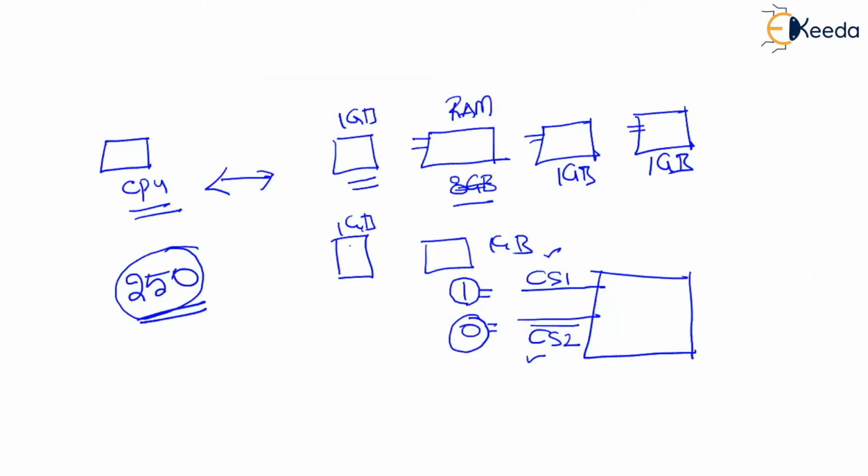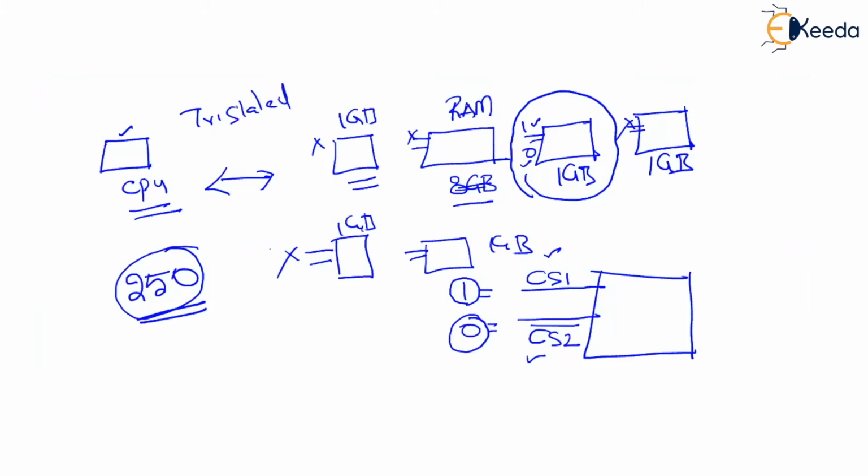For an example, in this case, the CPU decides to choose this one. So it will be 1, it will be 0. At the same time, the CPU ensures that the remaining RAM chips' CS1 and CS2 are not selected, which means that the data which is required to be transferred to the RAM chip will get transferred to only one RAM chip, in which CS1 is equal to 1, CS2 is equal to 0, which is selected by the CPU. At the same time, the CPU should also ensure that the remaining RAM chip CS1 and CS2 combinations must not be selected. They should be tri-stated. Tri-stated meaning no use.